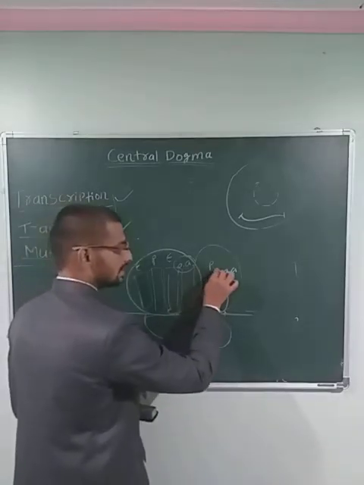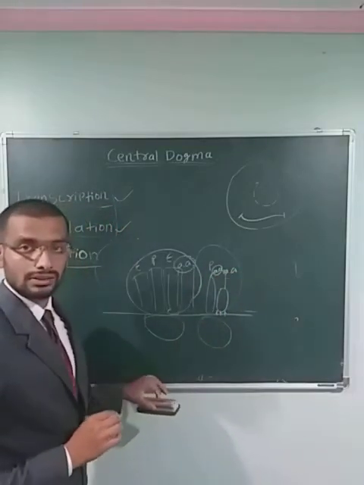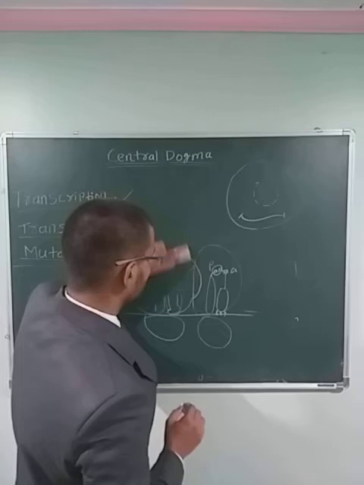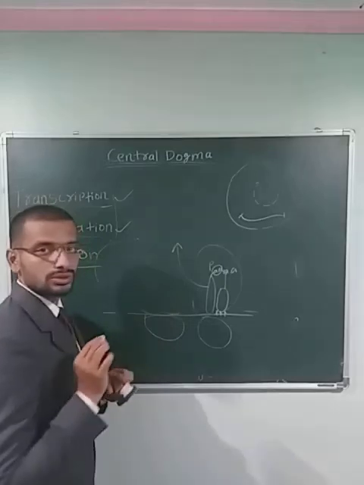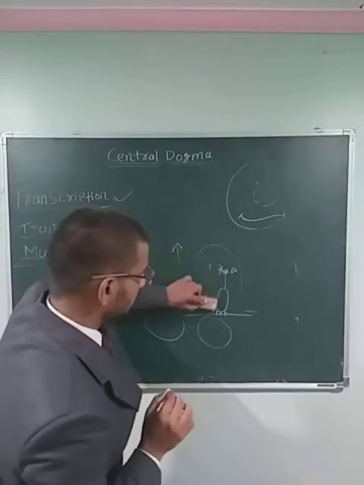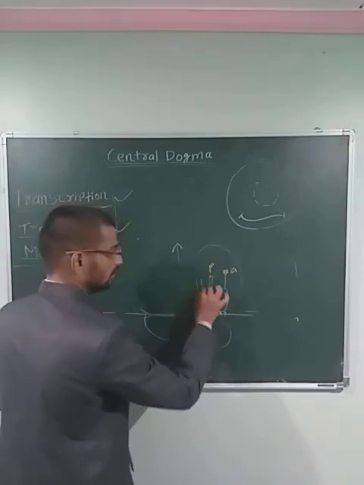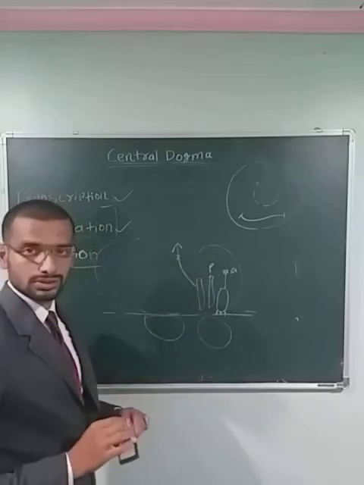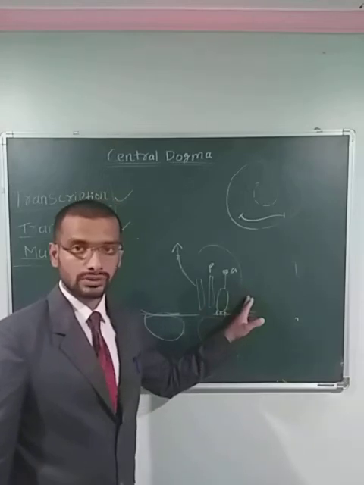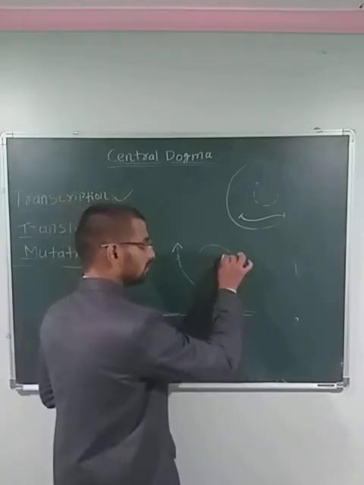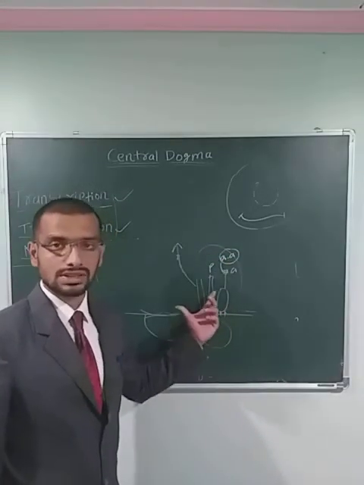The first tRNA which has attached over here will pair up with the newcomer tRNA. Then this tRNA will leave the assembly, leaving the empty space over here and exiting from the third position. Now we have the first place where the new tRNA with the new amino acid has a pairing with the old amino acid. The second place is empty, the third place is empty.